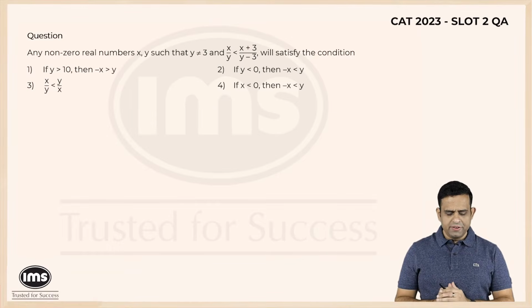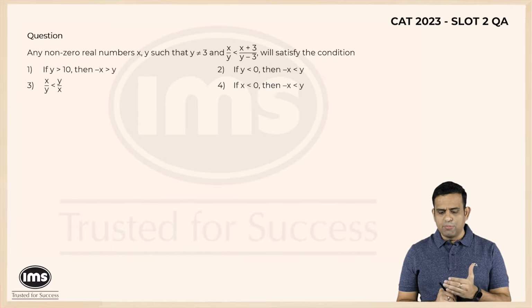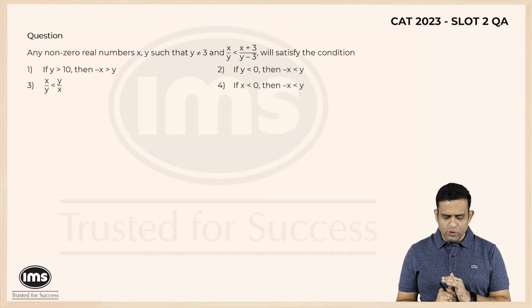In this sum, it is given that for any non-zero real numbers x and y such that y is not equal to 3 and x upon y is less than x plus 3 upon y minus 3 will satisfy the condition. Now it's a question on inequality, and they've given you options like if this is more than 0, and so on. Now, a few things which you need to be careful about in solving an inequality problem is that